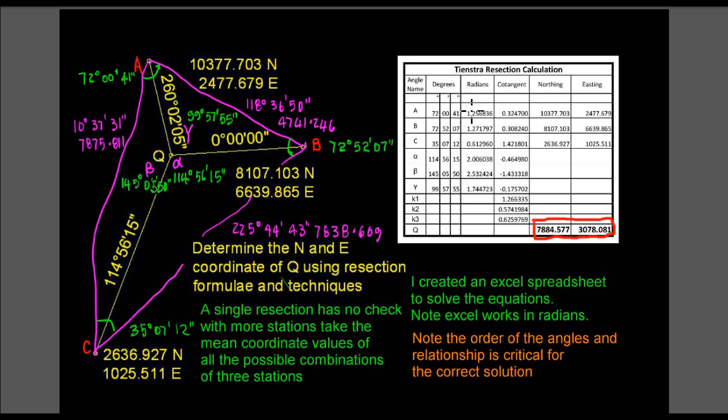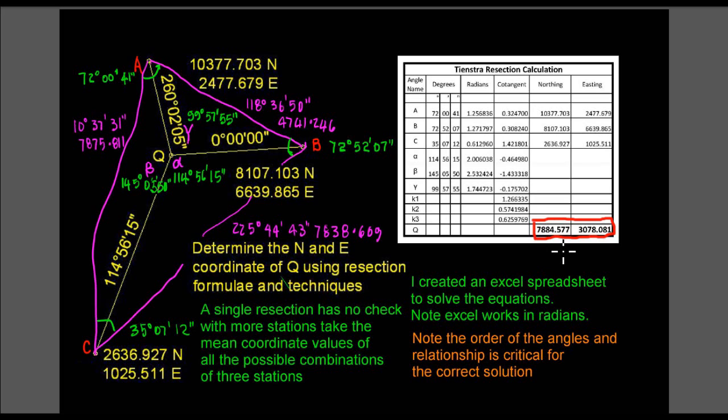And then having got those radians, we then needed to work out the cotangent of each of the values there, so that then we could work out the k values from the Teenstra formula, where k1 equals 1 over k1, and we were able to work out k1 here from the formula, k1, k2 and k3, and then putting our northings of A, northing of B, northing of C, and so putting that all in order and working through the familiar pattern of the Teenstra formula, which I showed you on the previous sheet there. We were able to come to these coordinates here,